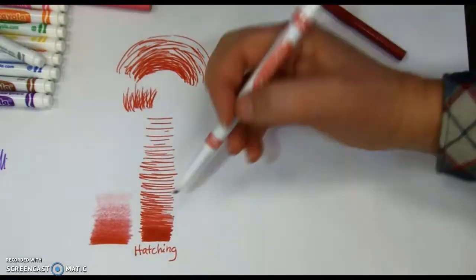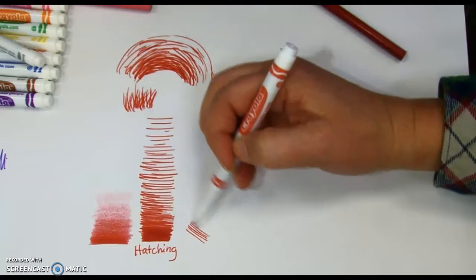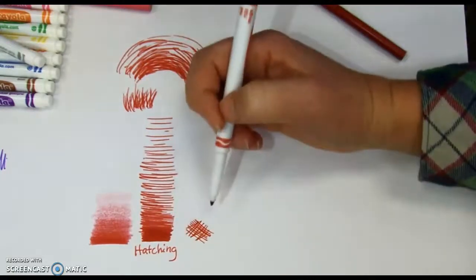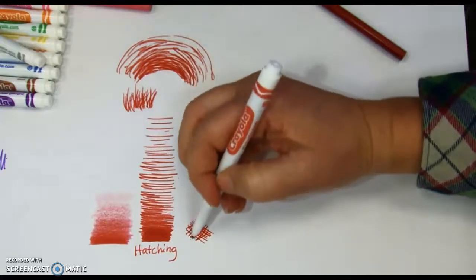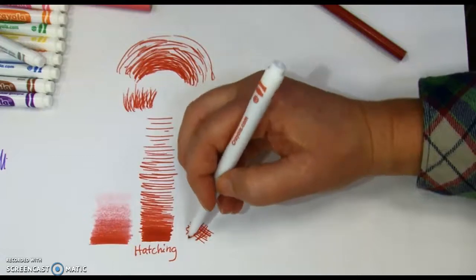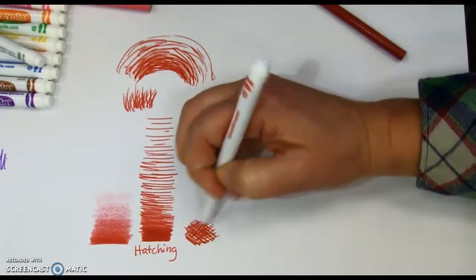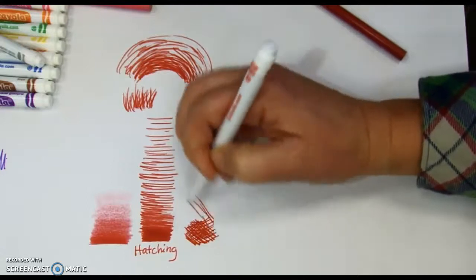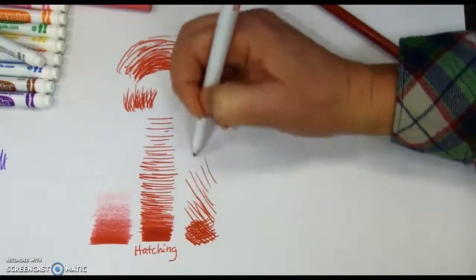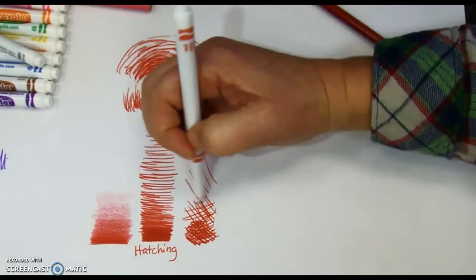The second texture that we learned in 6th grade was cross-hatching, and cross-hatching is where you go two directions, okay? So you're going over the top. When you are cross-hatching, to create the illusion of form or shading, you're going to have very dense areas. There are many, many lines, and then you have to kind of leave more space. And then as you go back over,